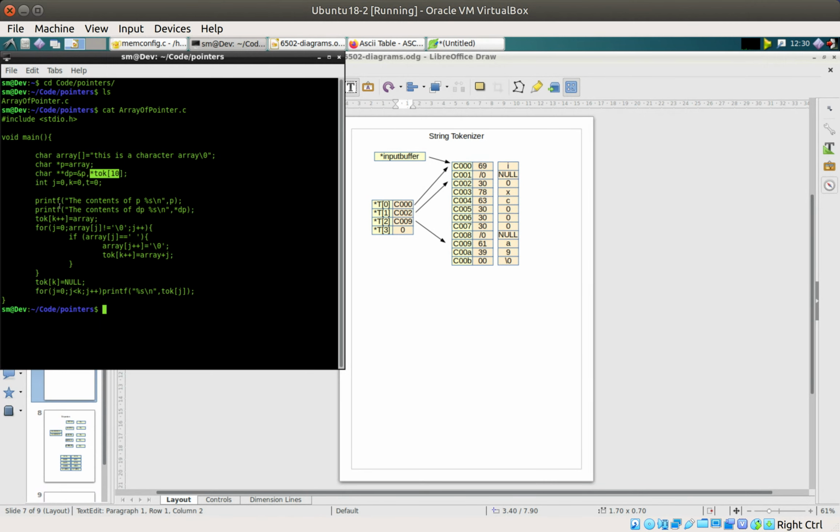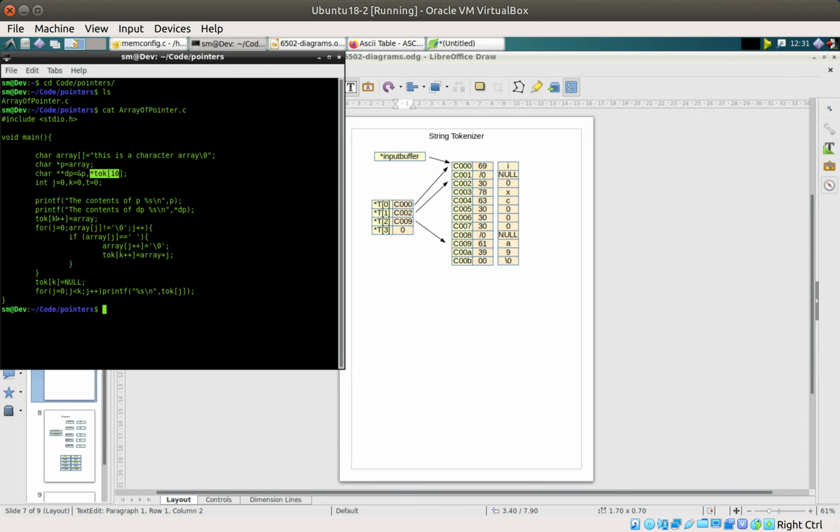5 values in there. So the first thing it does is this is the contents of P, so it prints P, and because P is pointing to the beginning of the array, you're going to print a whole lot of that, because printf will print up until a null. And this is the contents of double P, and double P points to the address of P, so it's going to print that again. And then what we've got here is K is predefined as 0, so is J, and so is T. We don't actually use T, but J and K are set to 0, so